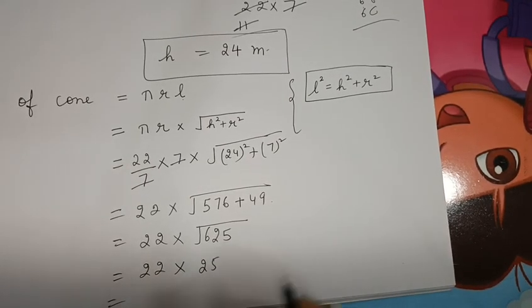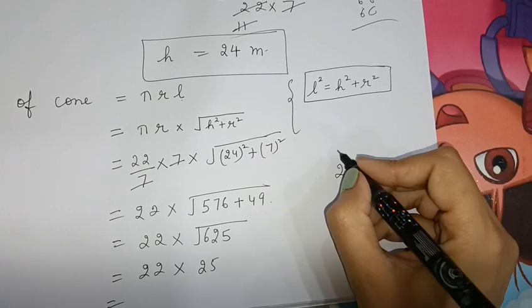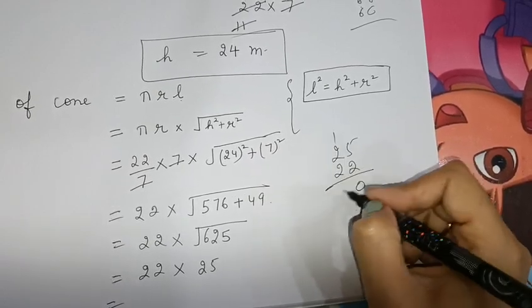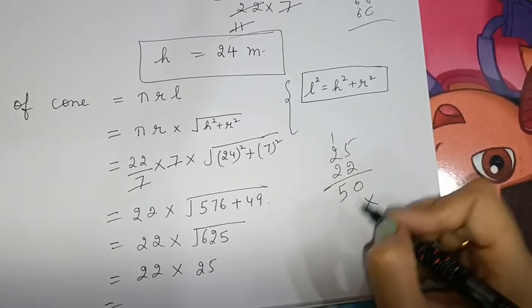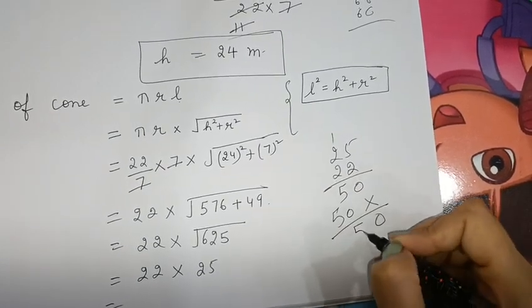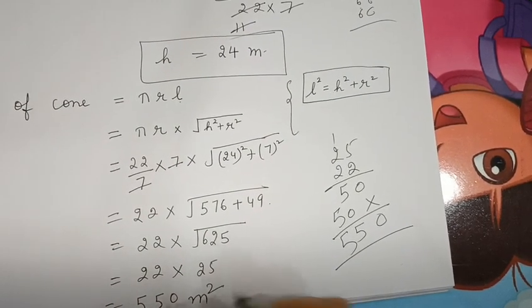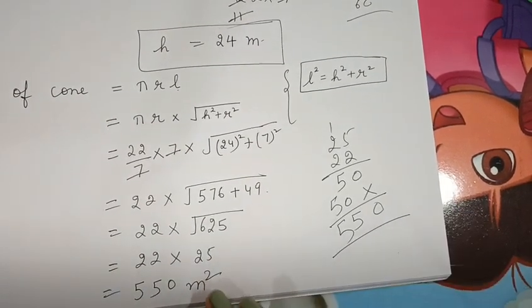Now easily we can multiply 22 into 25: 5 into 2 is 10, 2 into 2 is 4 plus 1 is 5. So 550 meter square. Don't miss here